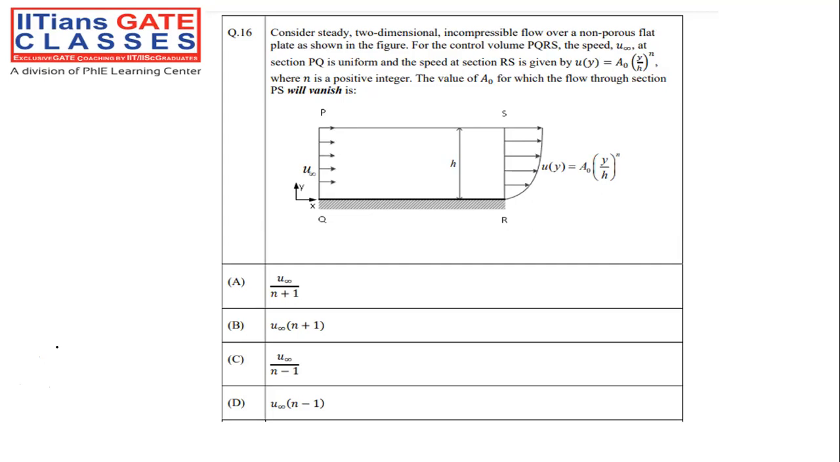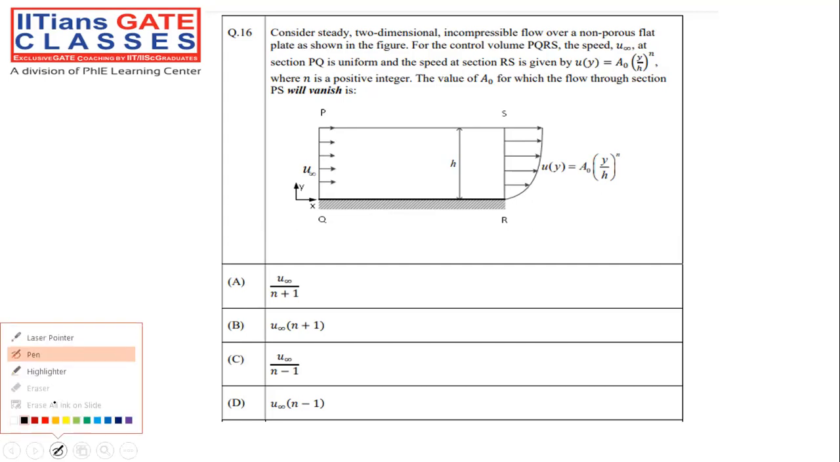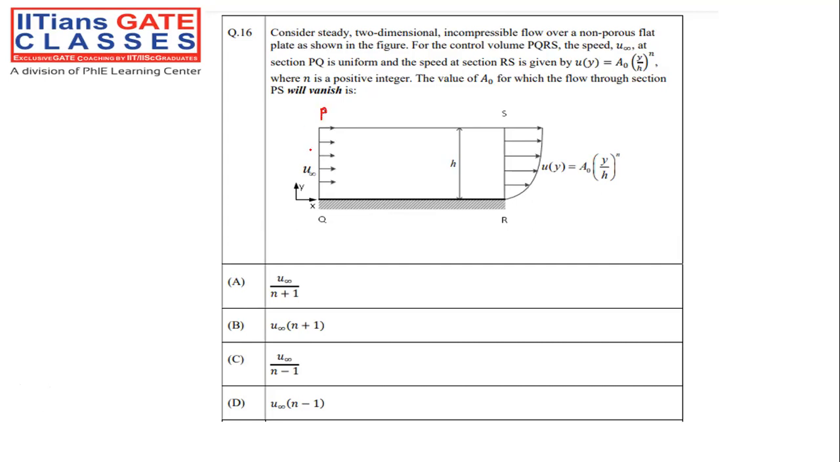flat plate as shown in the figure, for the control volume PQRS. Let me again just draw the control volume, PQRS. So this is nothing but the control volume. The speed U infinity at the section PQ is uniform, and the speed at RS is given by an equation, where n is a positive integer, that is the exponent. The value of A naught they are asking, for which the flow through the section PS will